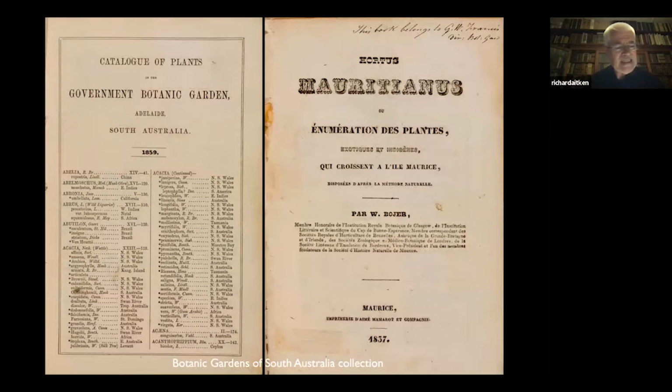In building the reputation of the Adelaide Botanic Garden, Francis recognised, for instance, the value of having a publication which could be exchanged to build up the Botanic Garden Library, and he achieved this in 1859, 2 years after the garden opened to the public, with a catalogue of plants under cultivation. In this way, by exchange, he was able to build the library at Adelaide and place less reliance on having to purchase books or journals from his own funds, an all too common problem for colonial botanic garden directors and